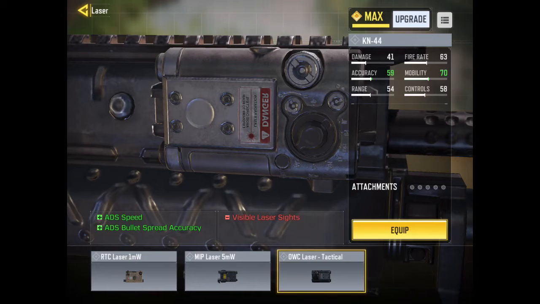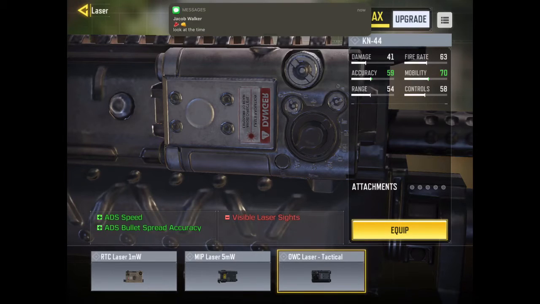Now, the number one spot, the best attachment in the game, personally, I think, is the tact laser. The reason why I think this is it increases your ADS speed and it increases your ADS bullet spread accuracy, both of which are very important things. The only downside is that your laser is visible to other opponents, but a lot of times, especially in multiplayer,